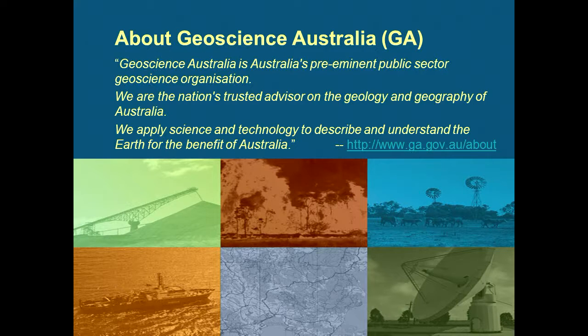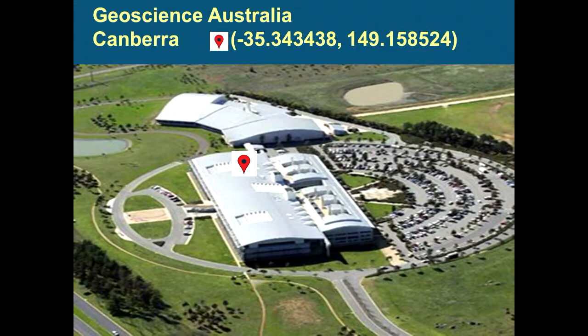And this is geography knowledge. The geography is about roads, buildings, urban areas, rivers, all the features, so the mapping. We have all sorts of mapping of Australia. And the last one is about geodesy, or the Australian geodesy network, all the data collection networks and infrastructures. So that's a brief introduction of Geoscience Australia.